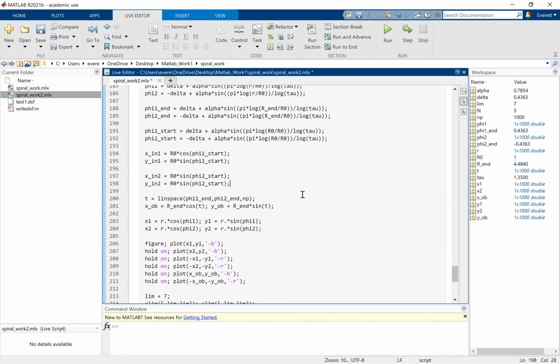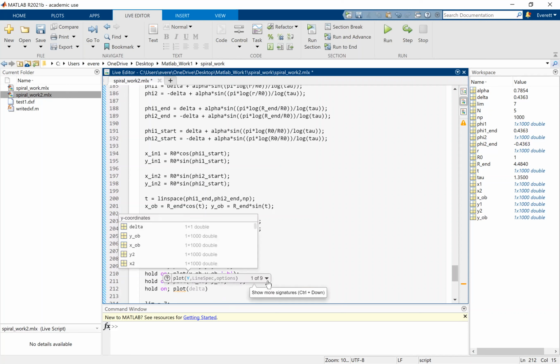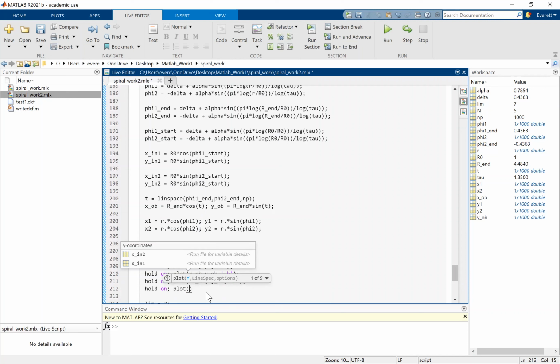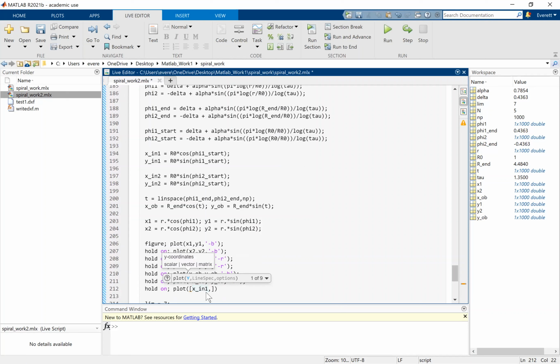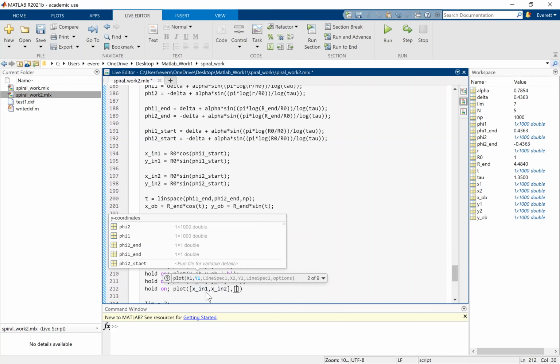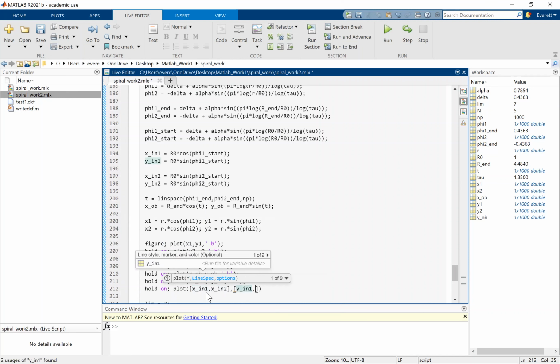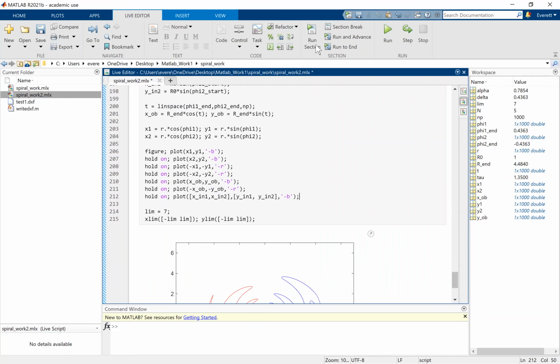All right, so now we have our X and Y's. If we want to plot our inner bound, what we'll do, hold on, plot. All right, and this will be X_inner_bound, or we'll actually make our vector here. So it'll be X_inner_bound1, comma, X_inner_bound2. Then we plot Y_inner_bound1, comma, Y_inner_bound2. And we'll make this blue. So if we do that,